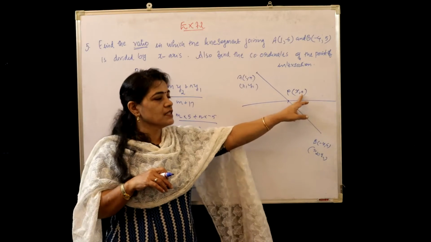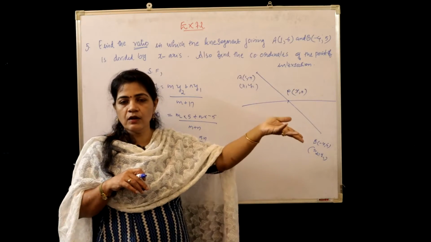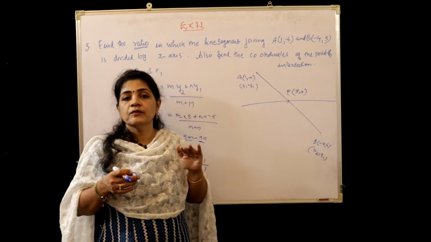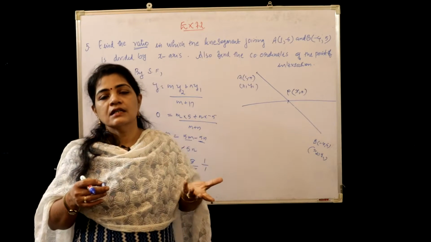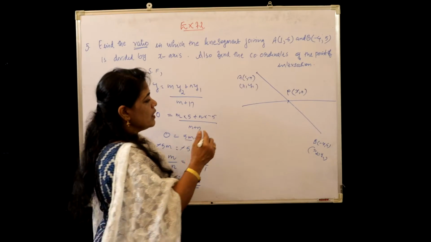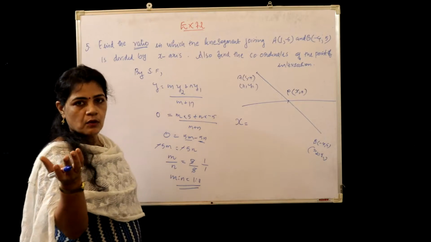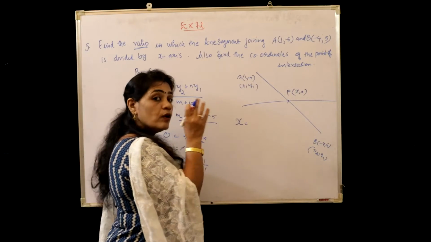It is already constant, 0. That is, the y coordinate we have is 0. Okay, so only the x coordinate we need. That you will get from the section formula in terms of x. So in order to get the coordinates, let P of x comma 0 be the coordinate. So x is the only unknown.